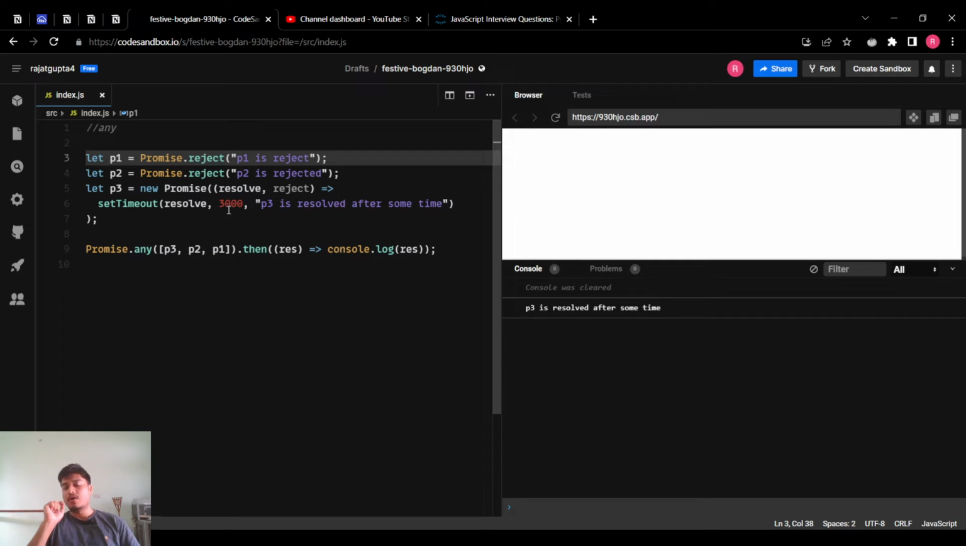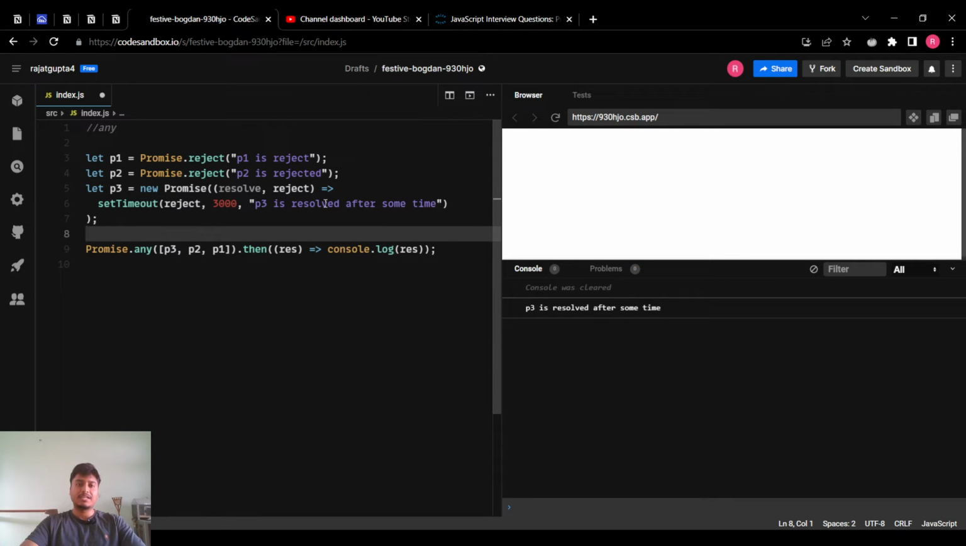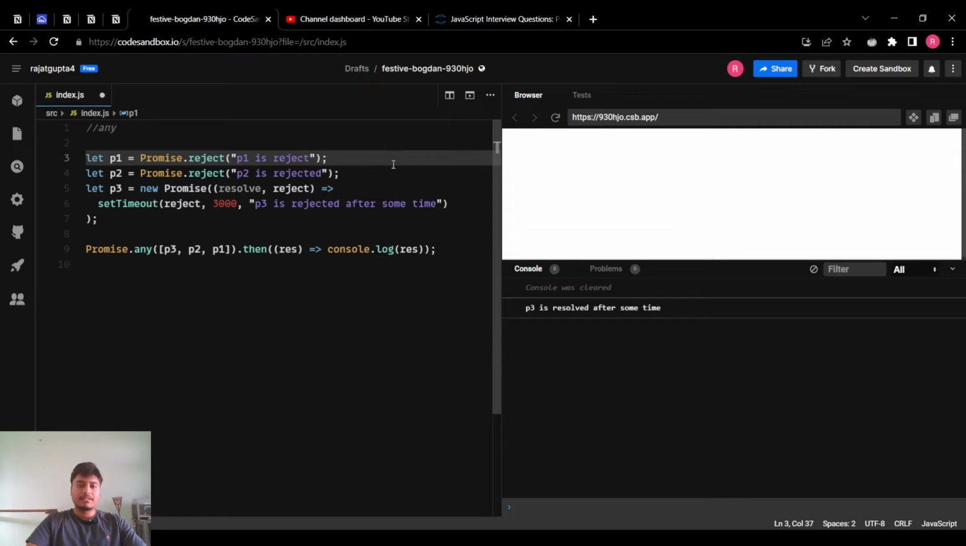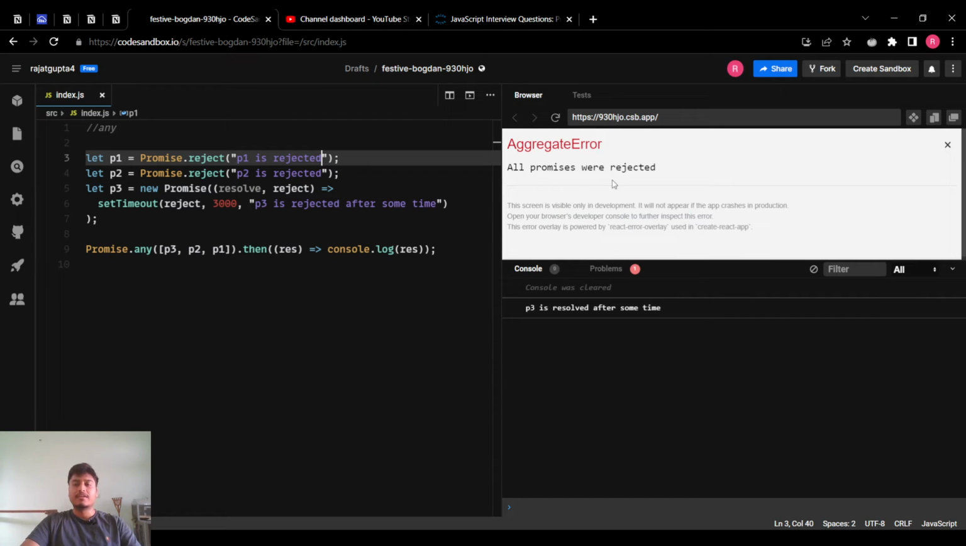Now one doubt that you guys might have is, what happens if all the promises get rejected? Yes, if all the promises that I am passing in the array get rejected. So to clear your doubt, let's see what happens. That's the beauty of programming. We can code out anything and see for ourselves what is happening. So P1 is rejected, see, all are rejected. Now I am getting an error saying all promises were rejected,